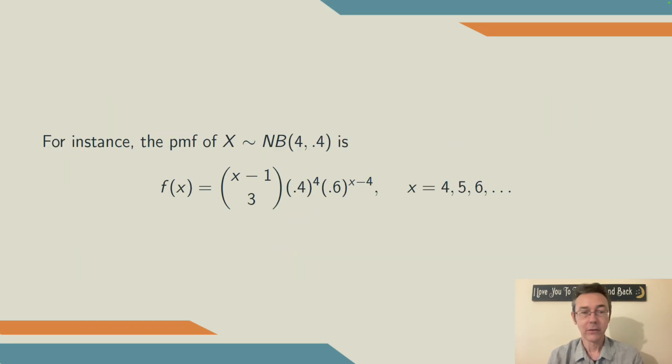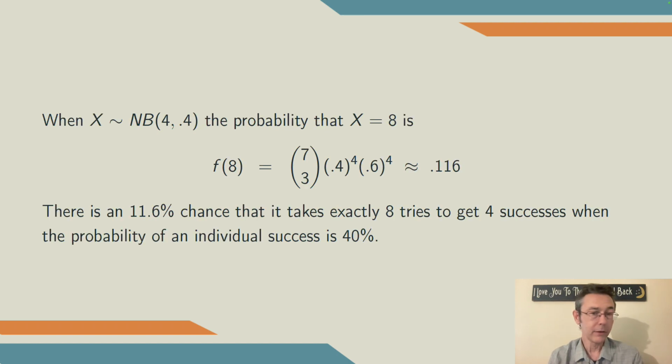For instance, in this example where we have parameters r equals 4 and p equals 0.4, the probability mass function is (x minus 1) choose 3, times 0.4 to the 4th, times 0.6 to the x minus 4, for x equals 4, 5, 6, 7, etc. We can compute individual probabilities just by plugging in the value that we're interested in. So the probability that x equals 8, for example, is f of 8. You can see I've plugged into this formula here and gotten about 0.116. There's an 11.6% chance that it takes exactly 8 tries to get 4 successes,